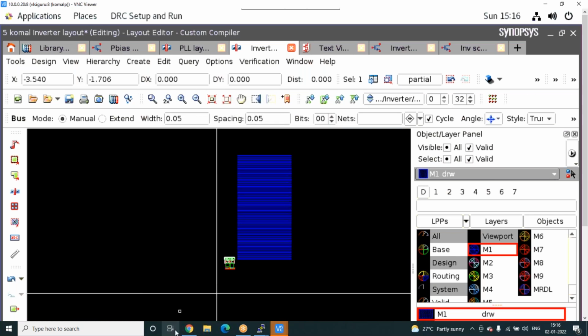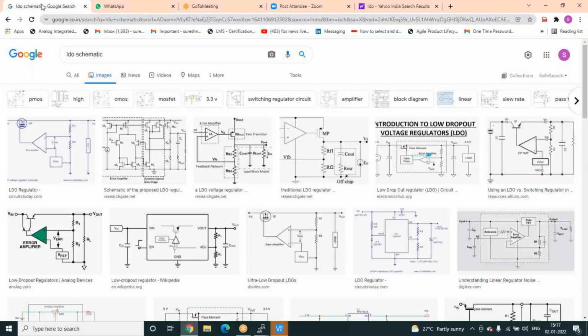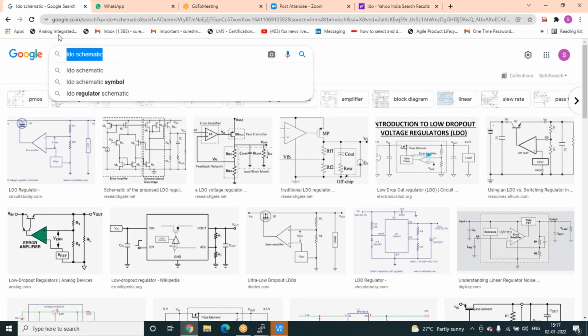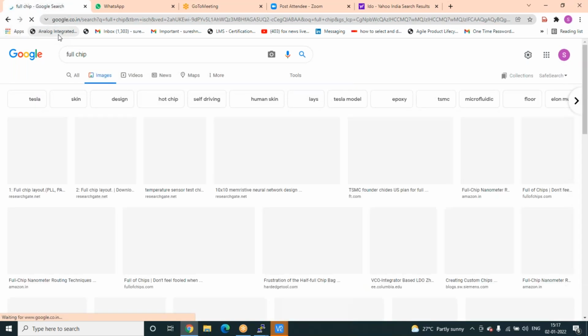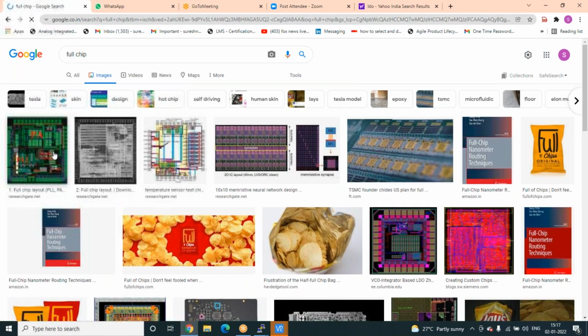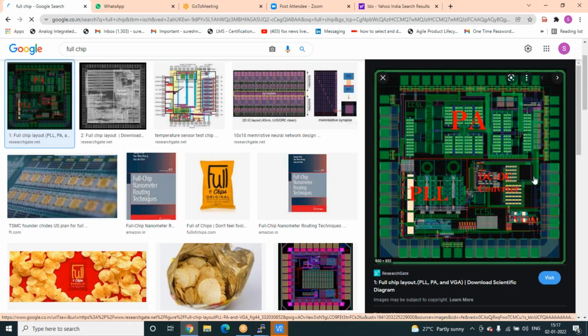In the chip, I'll show you initially the chip sizes. In a full chip, you will find 1 lakh devices are there. See, like that, the parallel size will be there, so converter is there, PCU will be there.